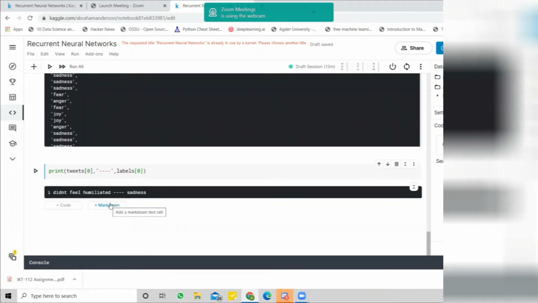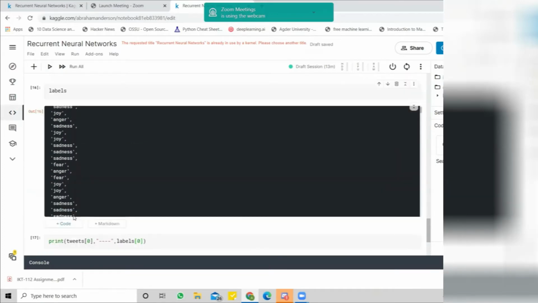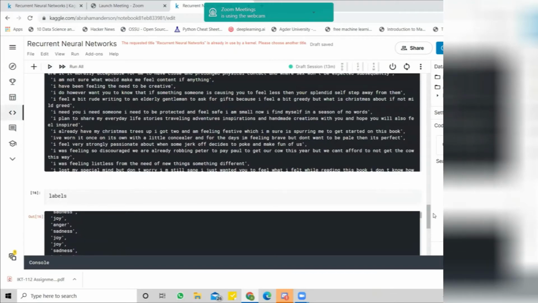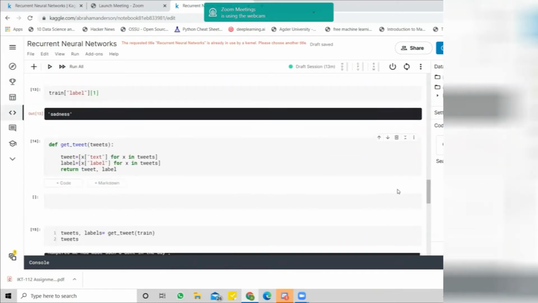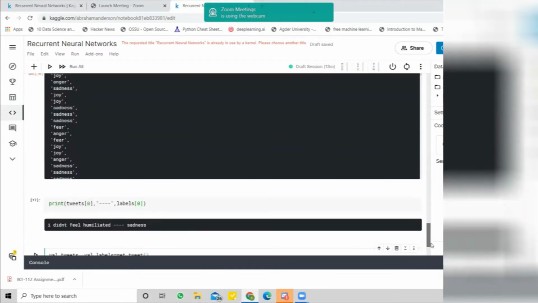We can do the same thing for the validation data, because we will also use validation data from our data set. Okay. Let's name this one validation tweets and validation labels. Okay, we will use our get tweet function. As you can remember, it will return the tweets first, and the second one is the labels, right? So there are two outcomes of my function.